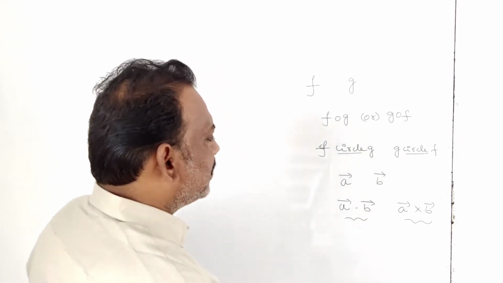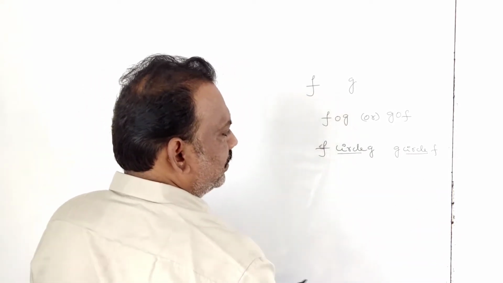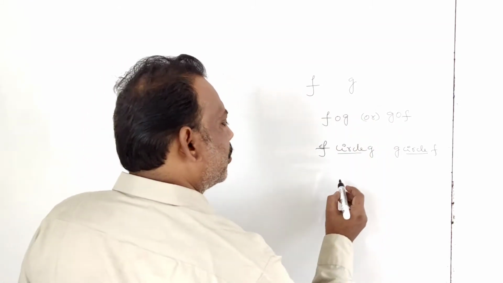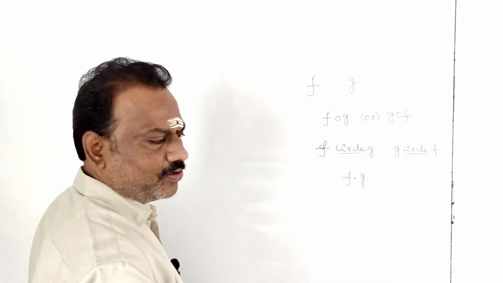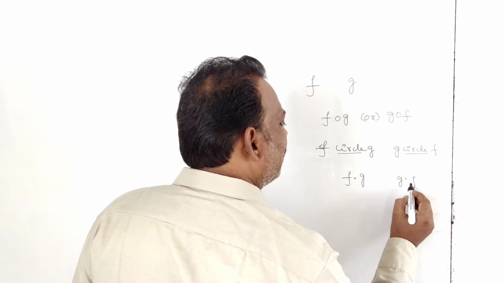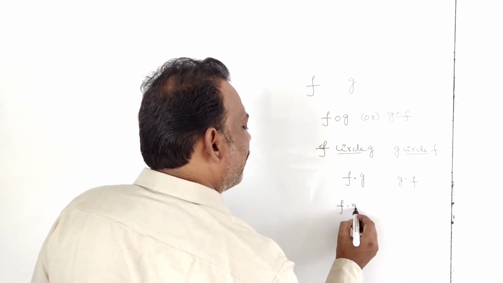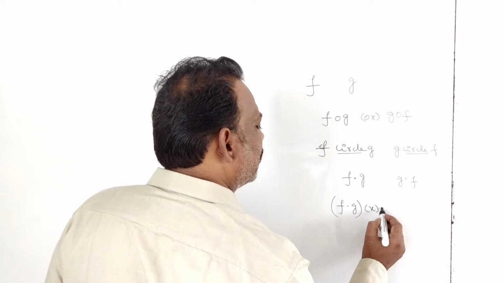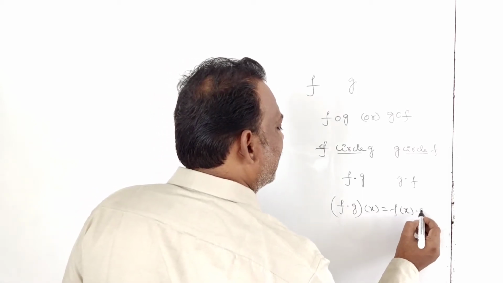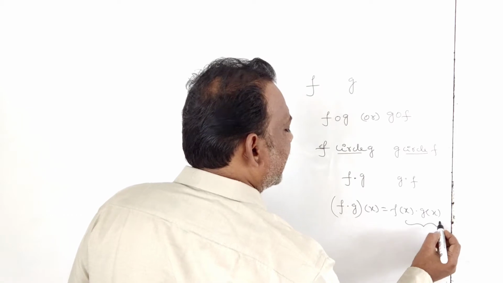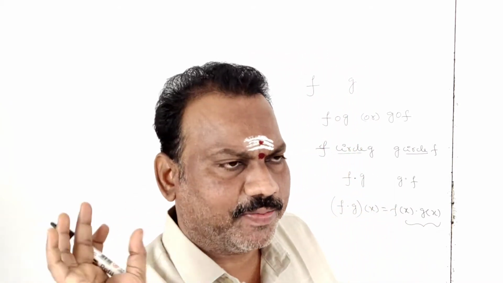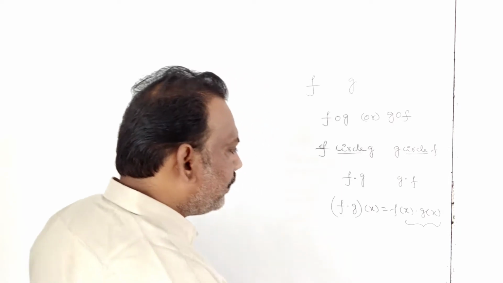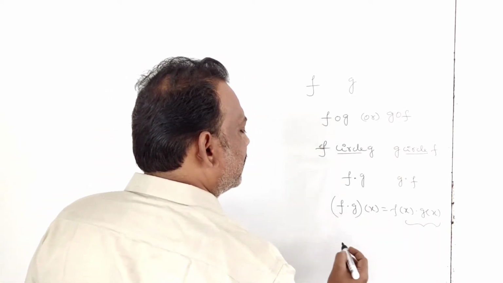Like that, functions also we can multiply in two types. This is nothing but multiplication only. You learnt in first PU f into g, this is also multiplication only, g into f. At that time you wrote the formula f into g of x is equal to f of x into g of x. This is called point multiplication, meaning at a particular value they give, at that particular place you multiply. Clear, students? So f into g of x is f of x g of x.